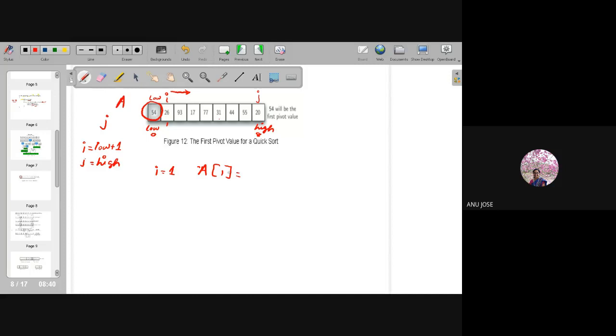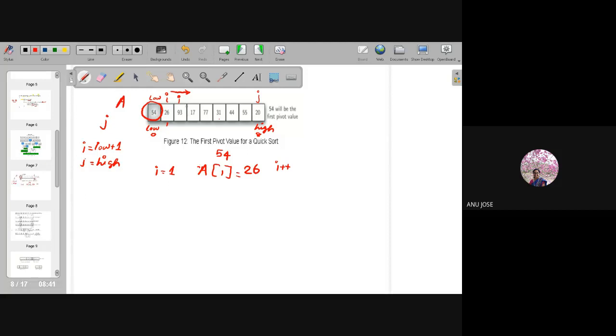Please unmute yourself and tell me. 26. So what was the pivot value I was having? That was 54. So 54 and 26 will be compared, and 26 is a smaller value. If that is the case, I will be incrementing to the next value, i plus plus. So I will be moving into the next location here.